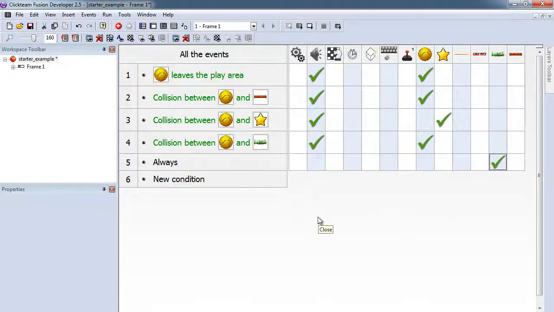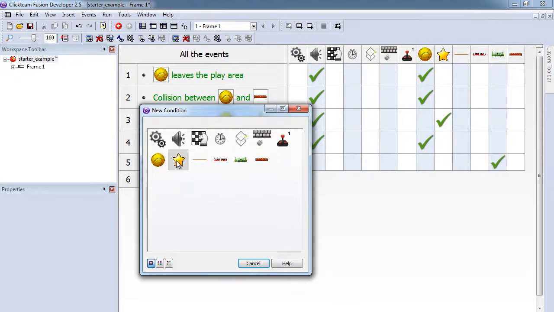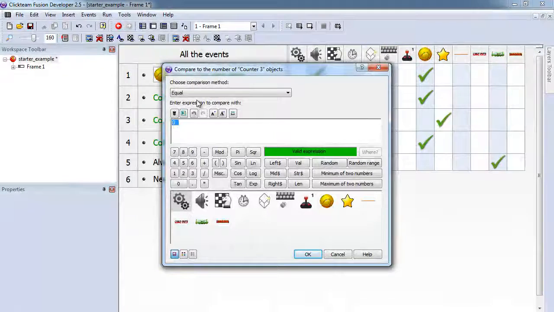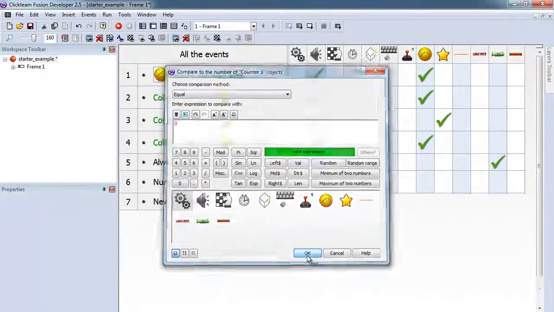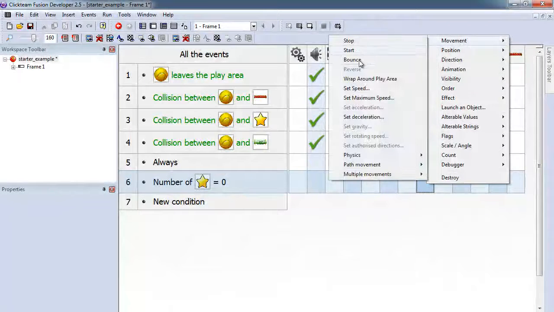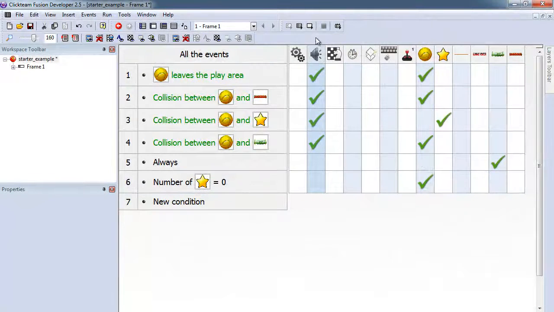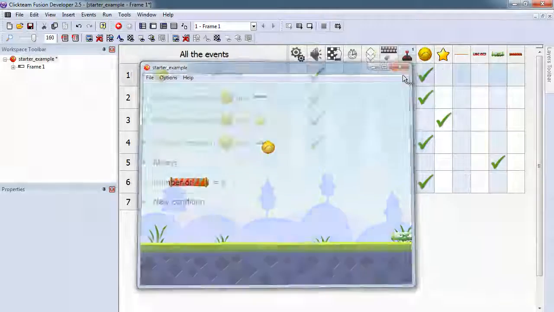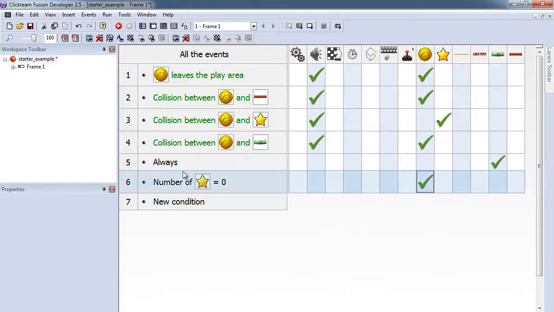Okay, so the next thing is that if we have no more stars on the screen, we are going to say if there are 0 stars, we are going to stop our ball, okay? There you go. And probably we can